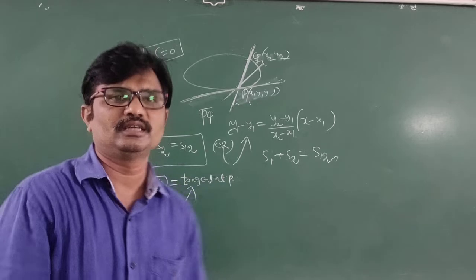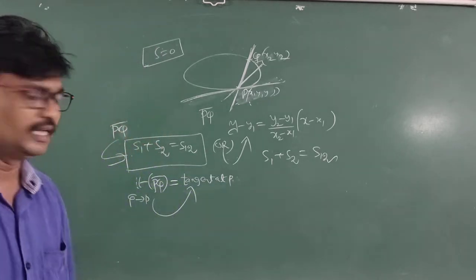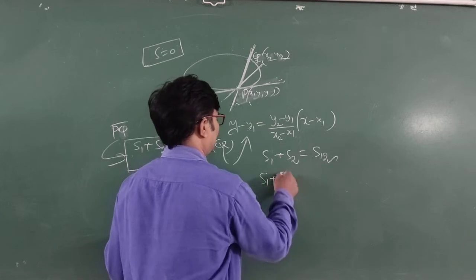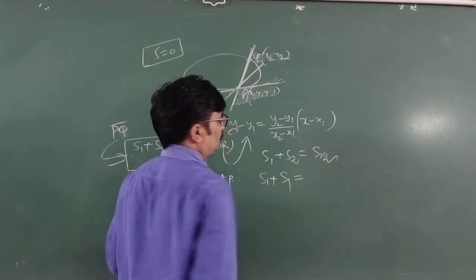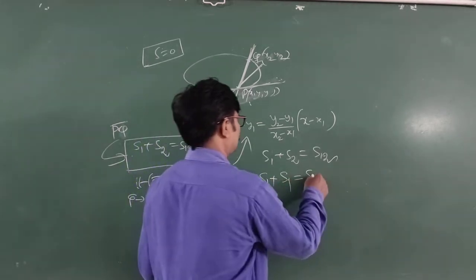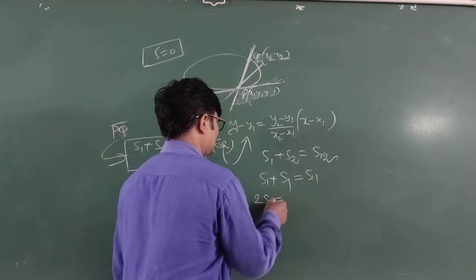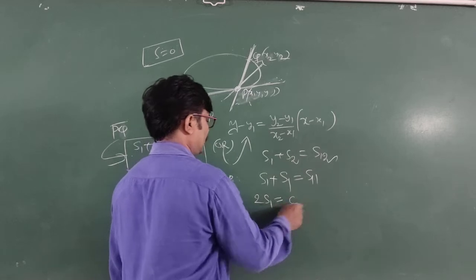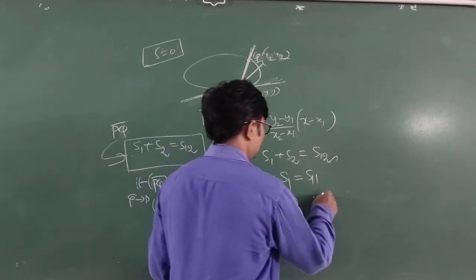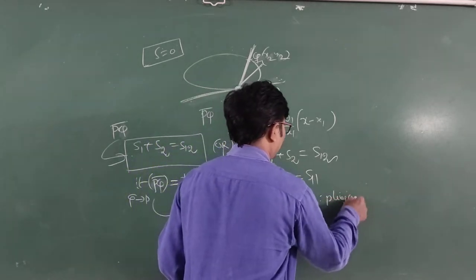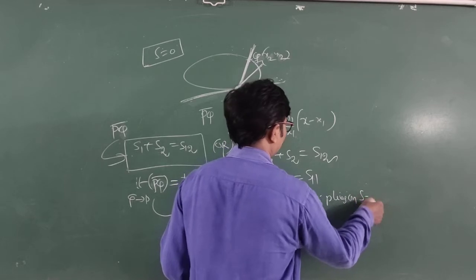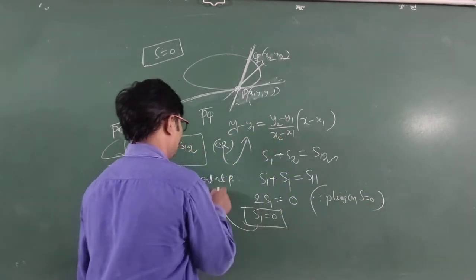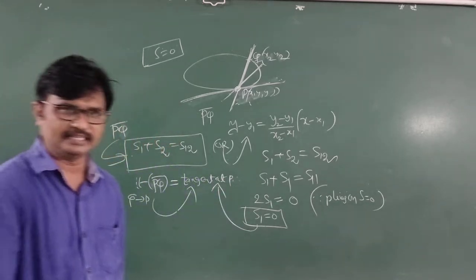If the line meets the ellipse at one and only one point, then it is said to be tangent. So students, S1 here, S1Q is constant with P, that is S11. Just now we discussed, if P lies on the ellipse, the S11 value is 0. Since P lies on the ellipse, S1 equal to 0 is the equation of the tangent.